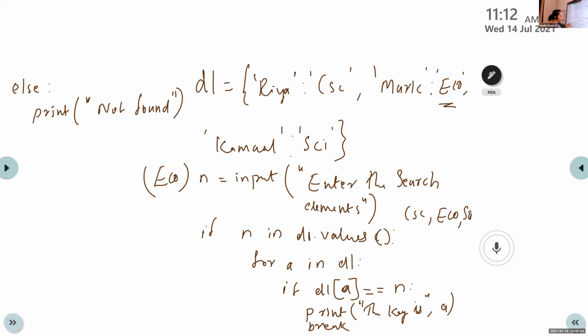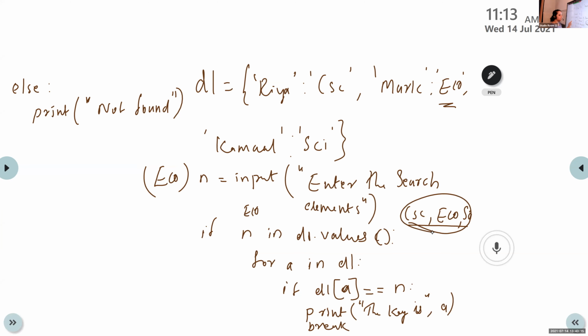ECO. Yes, ECO is the value of n. Here we input the value ECO, so that ECO is stored in n. So if n in d1 dot values, it will check if this n, meaning ECO, is present in these values.